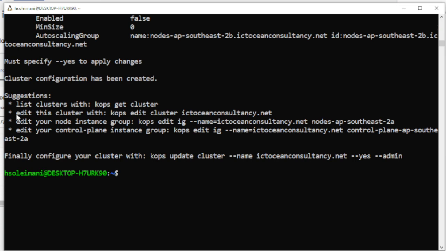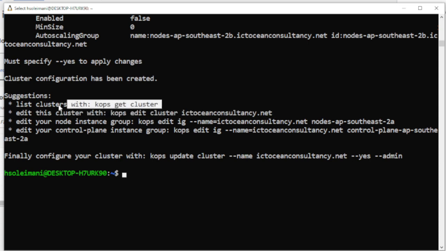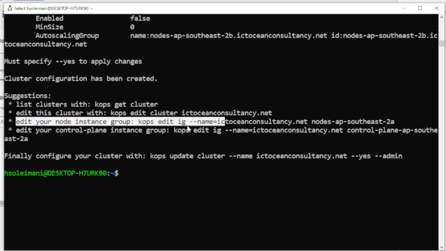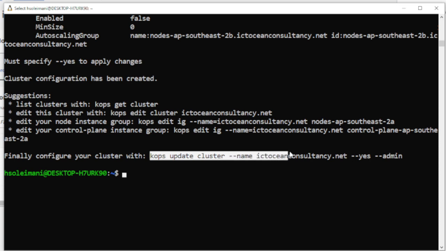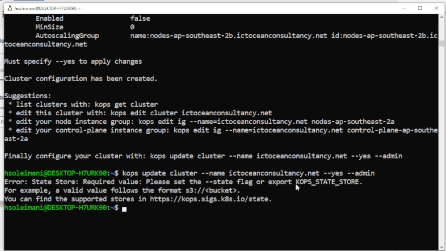The next step is, we don't need to do edit for now. This edit will be done in the next session, where we are going to provide some security measures. I don't need to list the clusters at the moment because there is no cluster. This is for editing. And what I need is finally to configure your cluster. So we have to run this. As per my experience, it won't work. Okay, as you can see, it is asking for the state flag. So we put the state flag